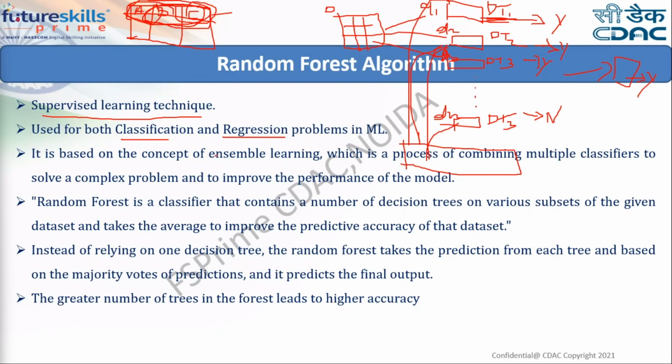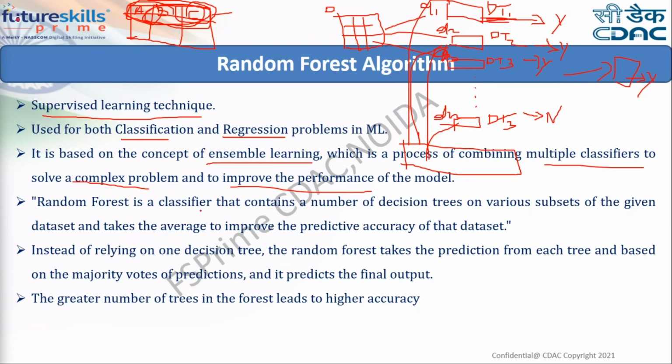It is based on the concept of ensemble learning because you are using different learning models to get a final output. This is the reason it's the concept of ensemble learning, which is a process of combining multiple classifiers to solve a complex problem and to improve the performance of the model.